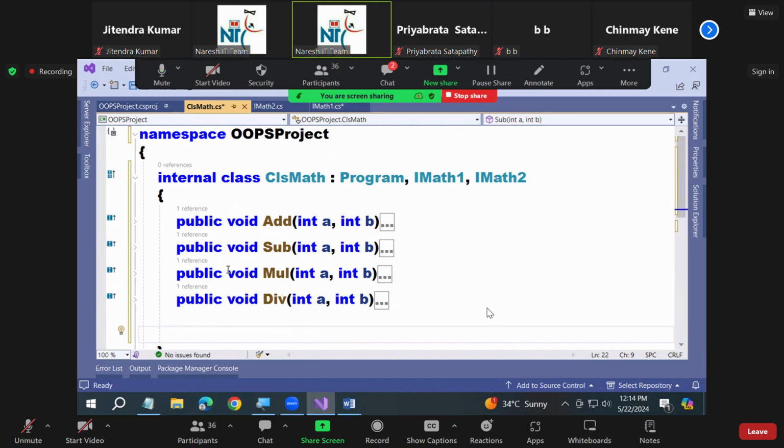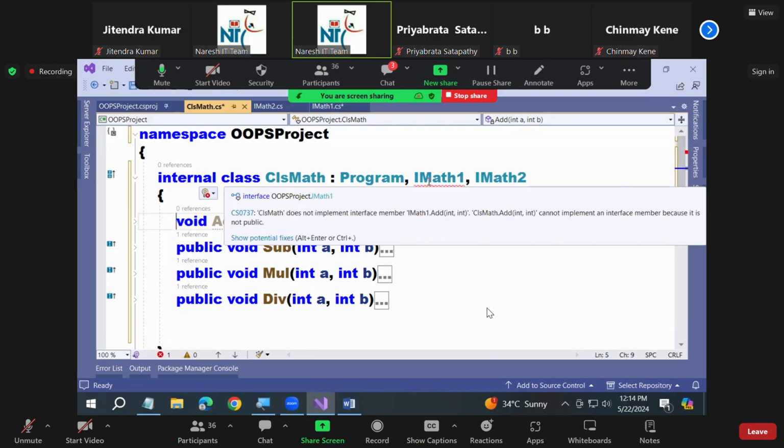No, we did not use it, but I should use it in the child. Why? Because the interface default scope is public. Even though I don't write public, that is public void add only. But if I don't write public here, it is considered as private void add. Are you clear? And immediately there is an error. See, what is the error? The error is telling you